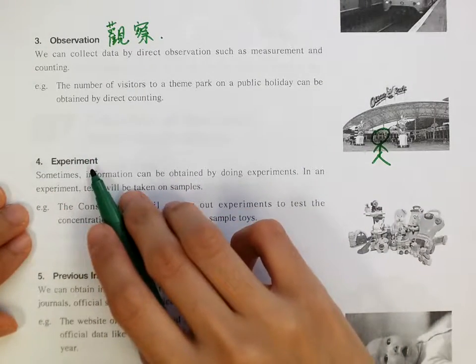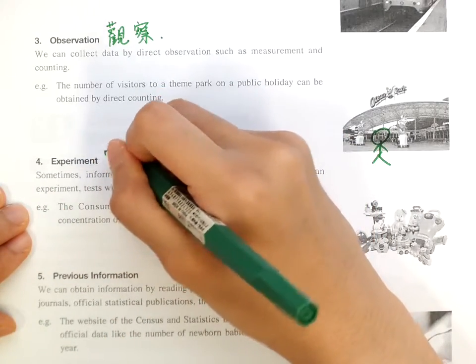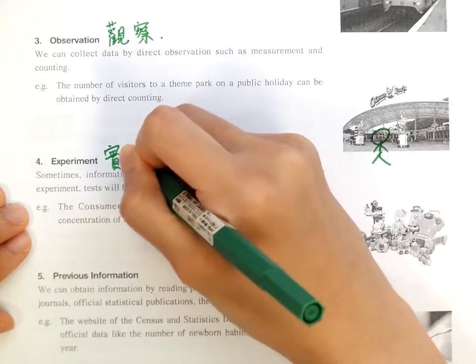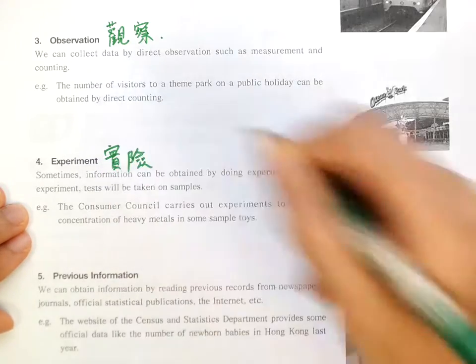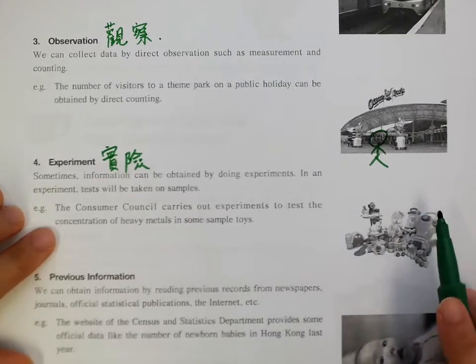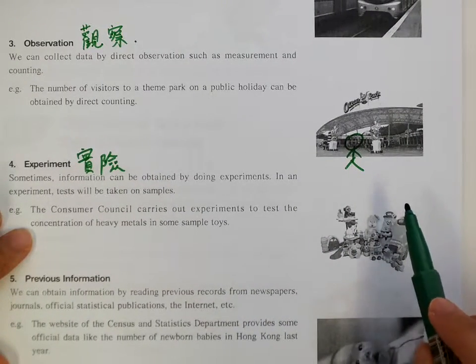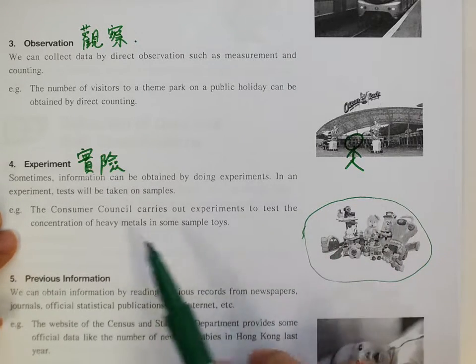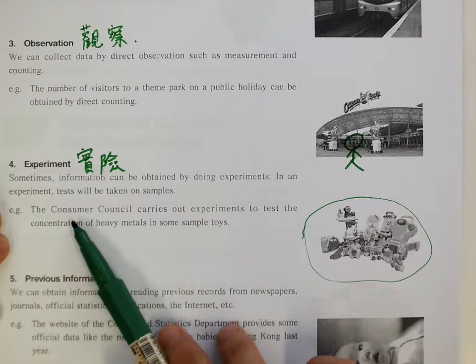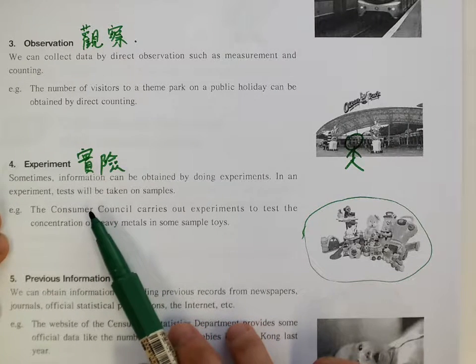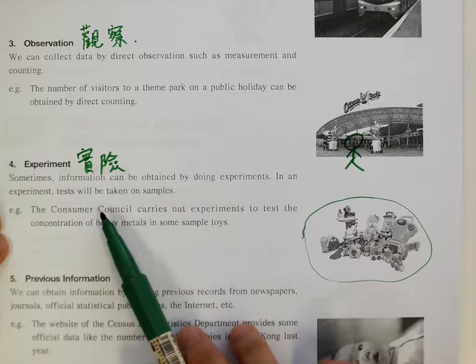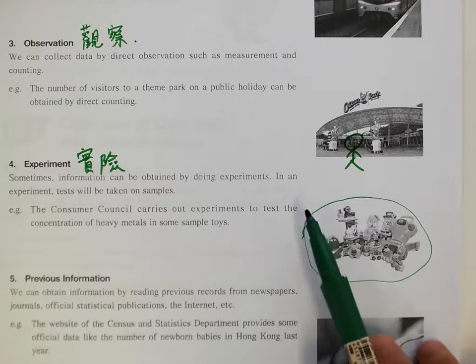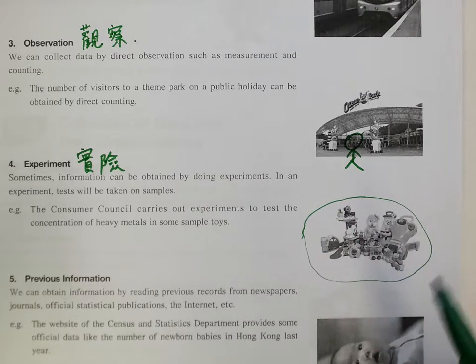Number 4, experiment, 實驗. For example, if I want to buy some toys for my girl, I'd like to check some reports from the Consumer Council, 消費者委員會, because this is a very trustworthy organization that has statistics reports and tells me which toy is safe and which toy is very dangerous, with some toxic